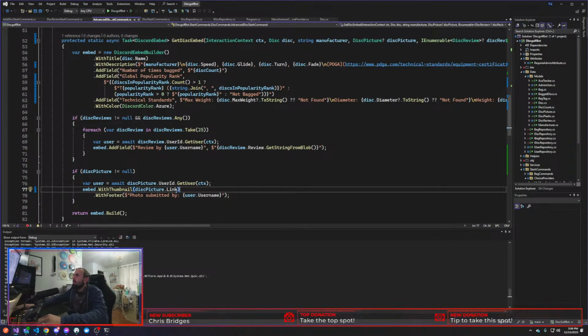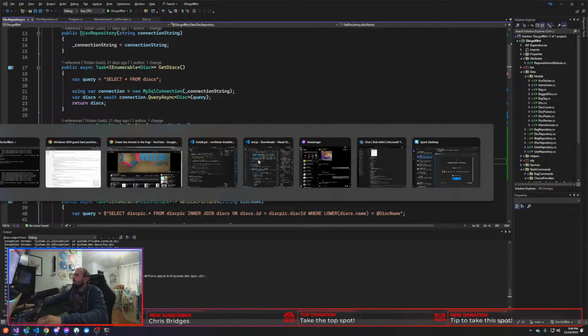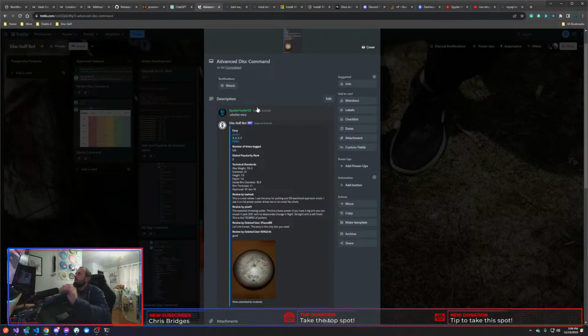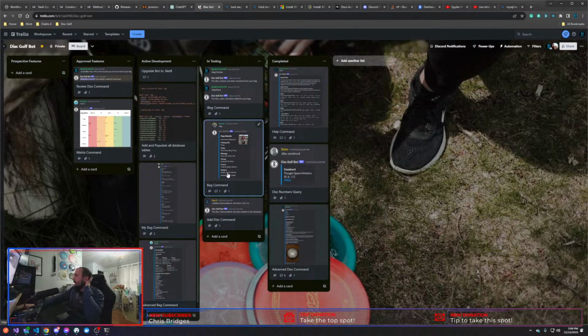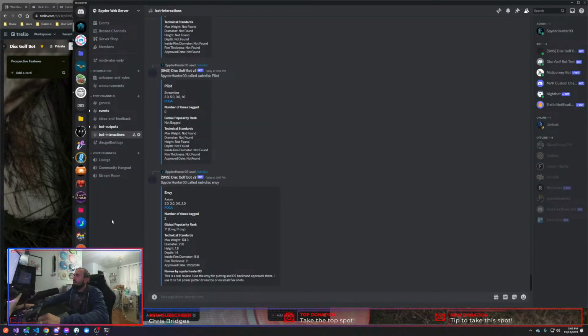Okay, so advanced still works. Disk review I haven't tested. Add disk I was just going through before going online, so add disk now works again. And has this neat feature that